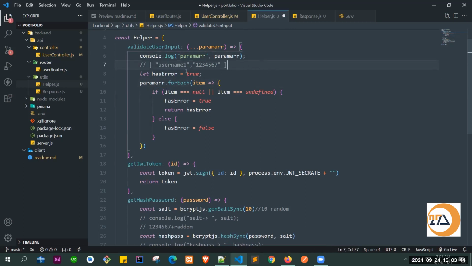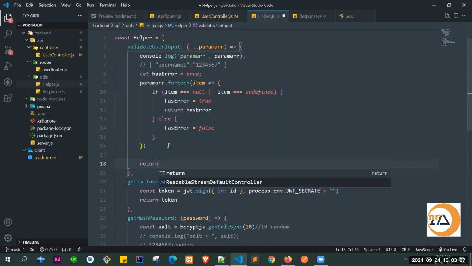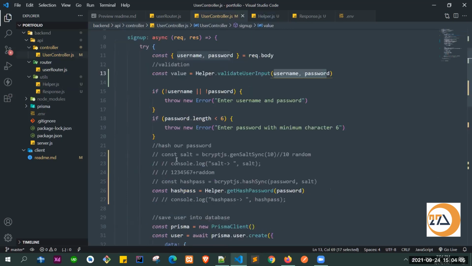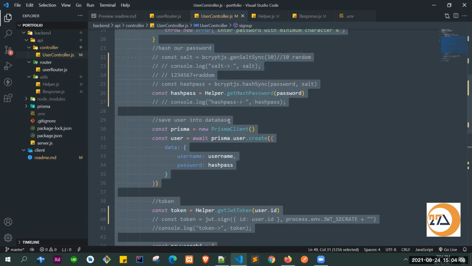And if there is no error, let's say we have only these two values, each time the else block will run. For the first value hasError equals false, for the second value hasError equals false, and after that the forEach loop is done. What we want to do after that is pass this hasError here also, because now hasError equals false, and we know that there is no error, and we can move on with the rest of the things inside our controller. Okay, so that's the thing.